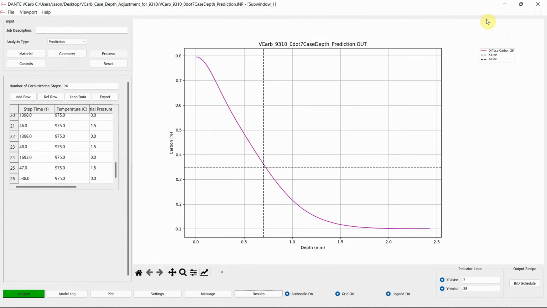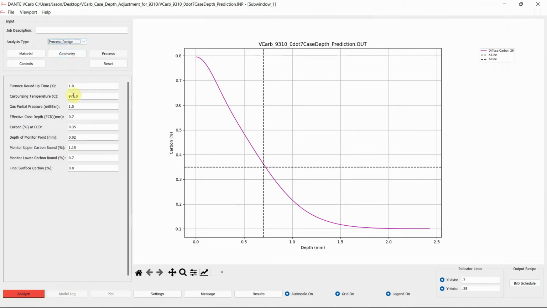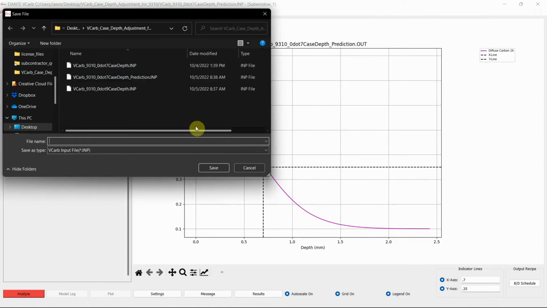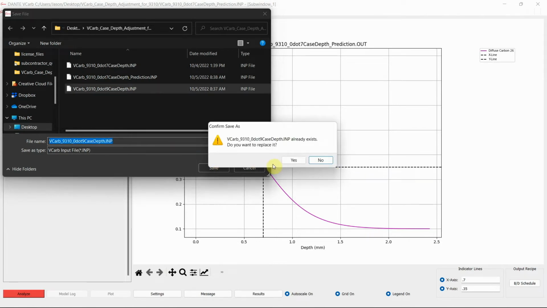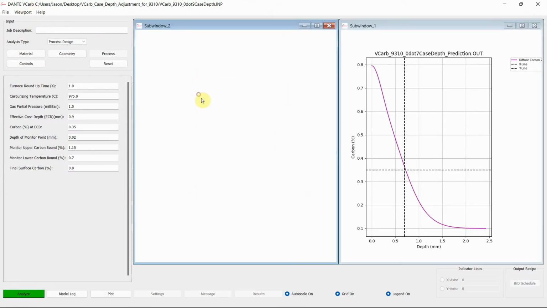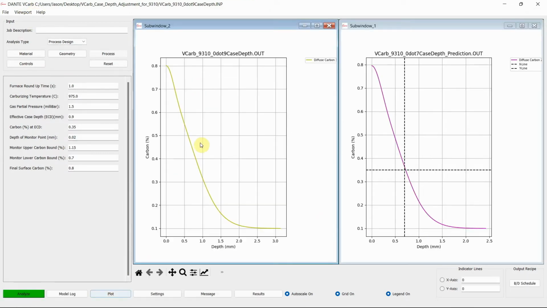Now that we already have the current recipe in VCarb, designing the new recipe is a snap using the process design feature. We set the new case depth target to 0.9 millimeters, and the VCarb software calculates the new recipe. Once VCarb is finished, we learn that the new recipe requires about 60% more cycle time and delivers the required